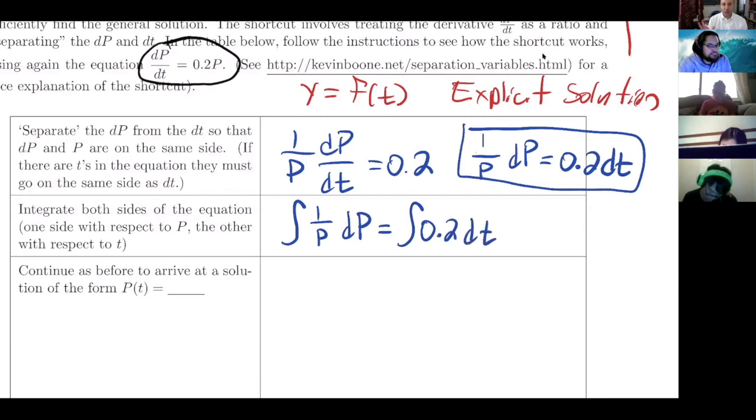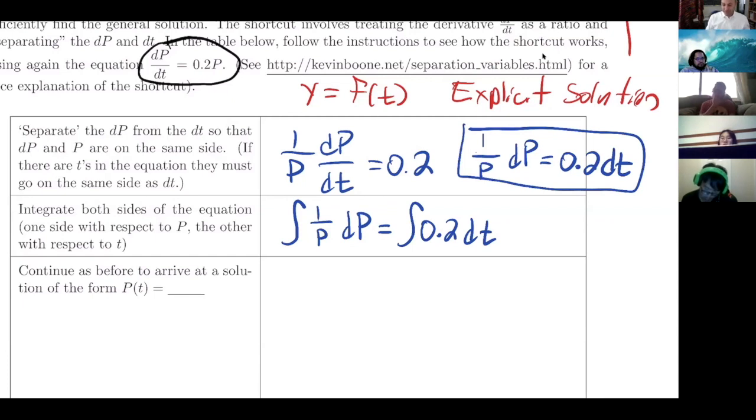And so the actual manipulations that we're doing here, things are a little bit fuzzy, right? One thing, dp dt is not a fraction, so I'm not just allowed to multiply that. The second thing here is at this stage, we're kind of doing different operations to both sides, right? On one side, we're integrating, and it tells me to integrate with respect to p. On the other side, it's telling me to integrate with respect to t. So there are some things I'm uncomfortable with, I just want you to know, but this is the way that